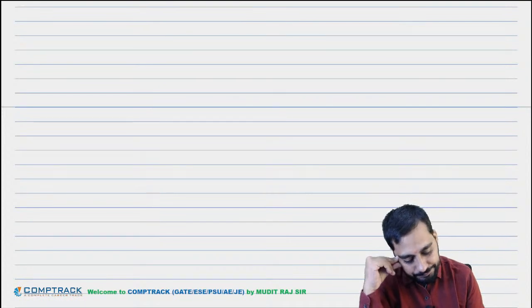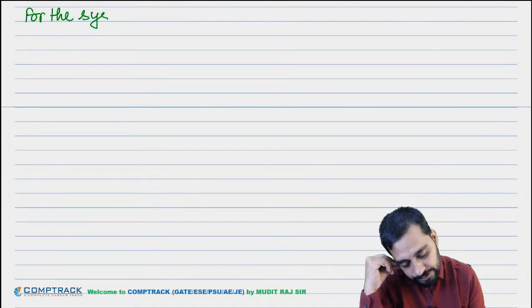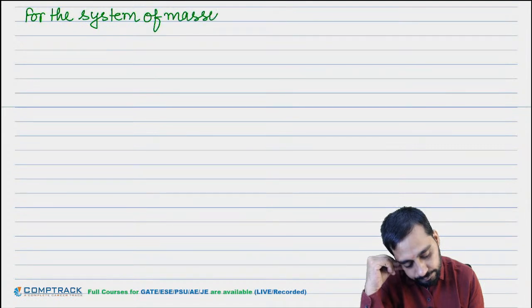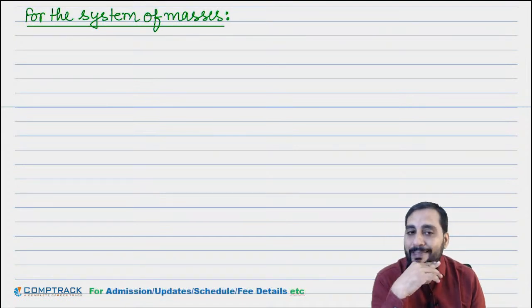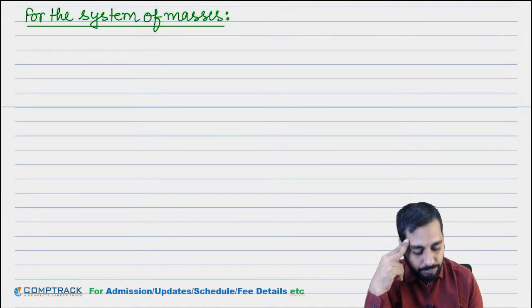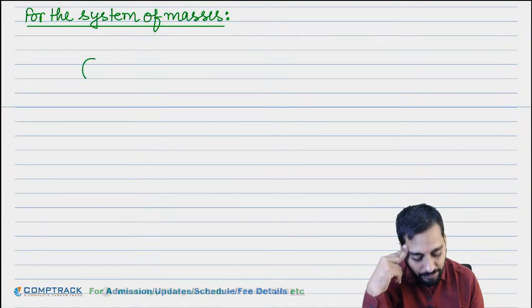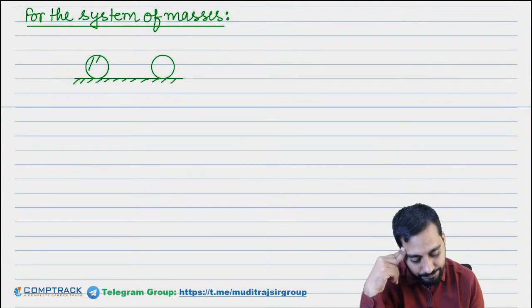For the system of masses, let's say there is a two mass system, like this. One particle is this, second particle is this. Okay, so if we are considering a two mass system and there is no external force,